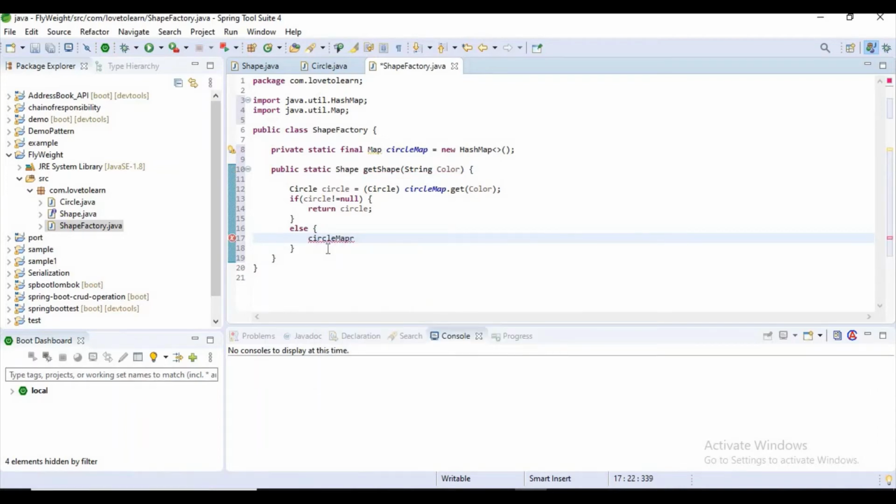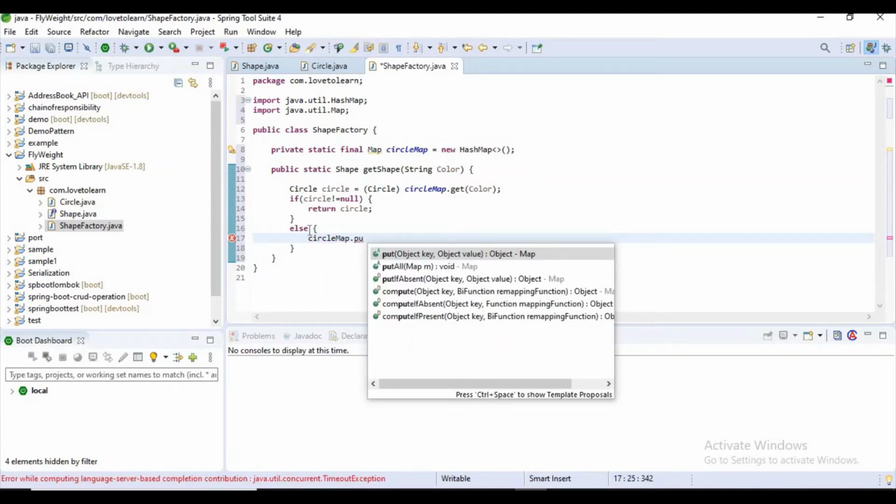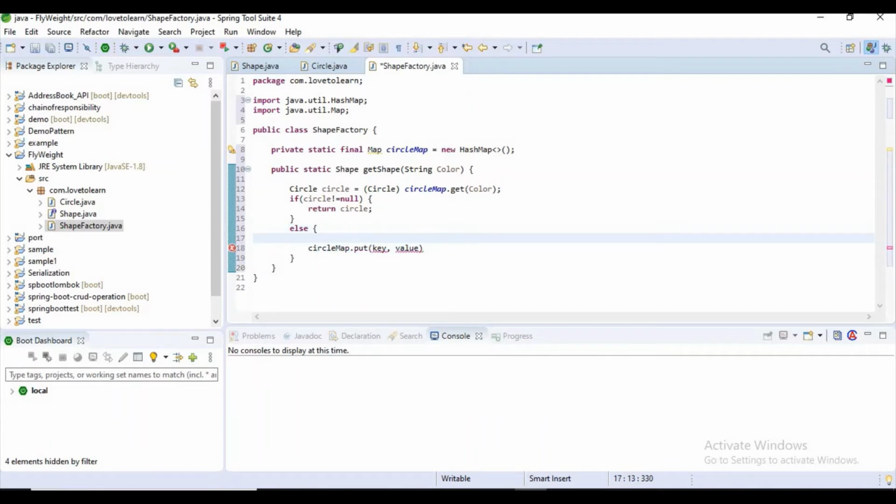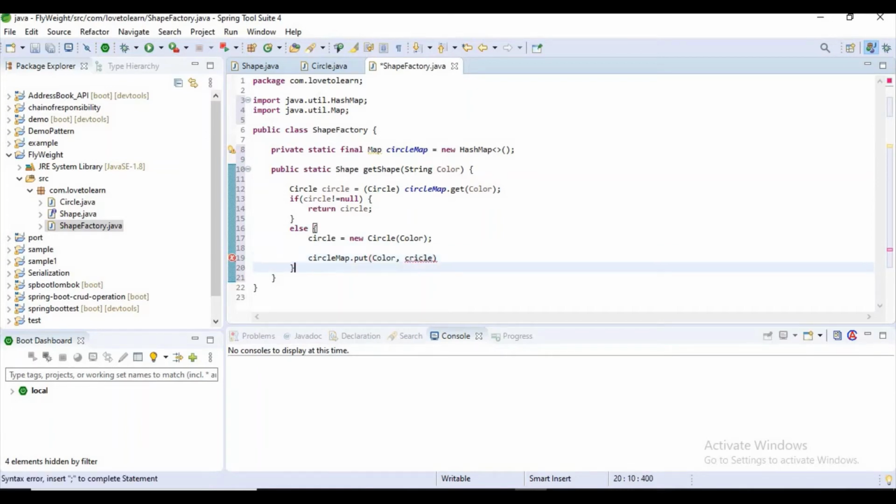I want to insert this circle object here. Circle equal to new Circle of input color. And here I have color as the key and this circle reference as the object, like the value.